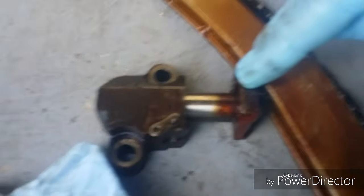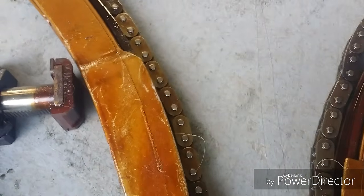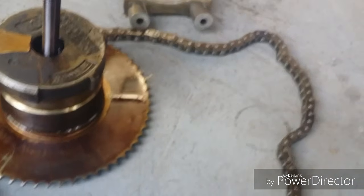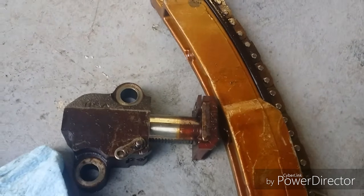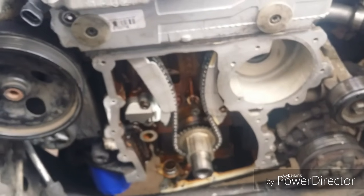The other one had stuck out a ways. You could see all that brown right there. That's how much was sticking out on that guy. And I think that's mainly because of the grooves that it cut into these shoes and some of the chain stretching and that guy being worn out. So you could see the difference between brand new and an old one. And like I said, this is an 04, so this thing's over 10 years old. I think all that's left to do now,